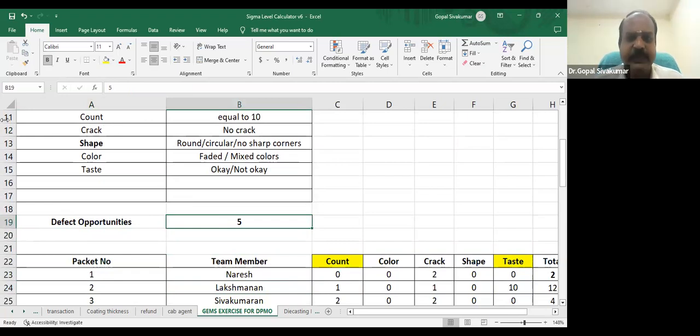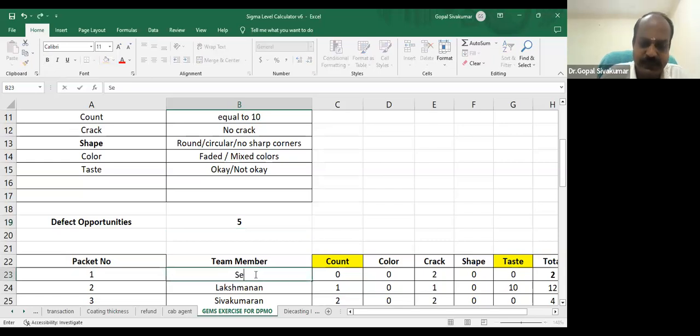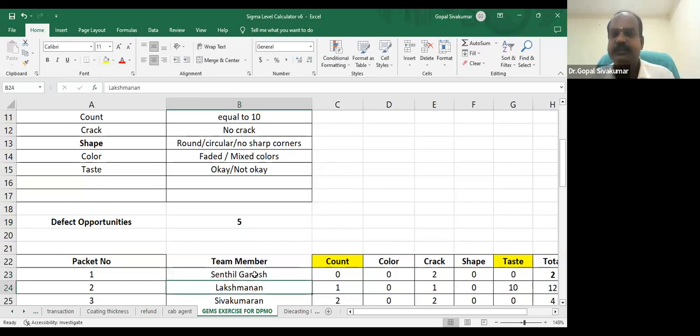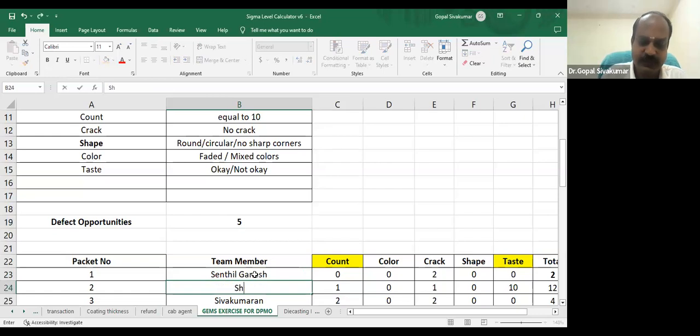I think this batch, we don't have any problem. Always people are ready to interact. So I will type down certain names, preferably everyone on the video. I'll type, and you can do the exercise parallelly. We have Sendil Ganesh. Shyamal Ghosh.